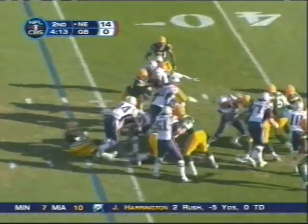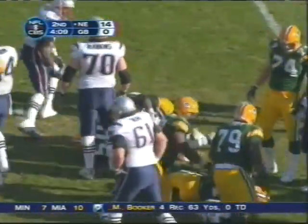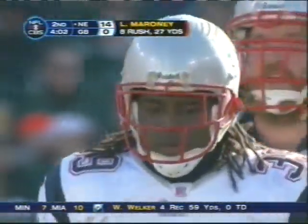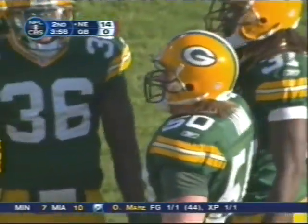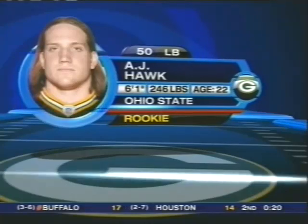Maroney. Easy. Squeezes through. Close to the 39. A.J. Hawk, the rookie. It was fun talking with Brady last night, and then earlier in the day with A.J. Hawk, the rookie out of Ohio State. These guys, their attention fully focused on this game, but always in the back of their mind, Michigan, Ohio State. Well, A.J. Hawk could not and have...